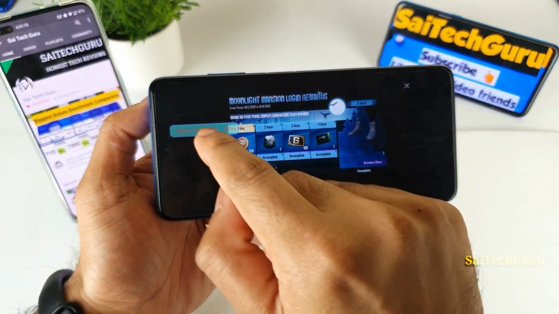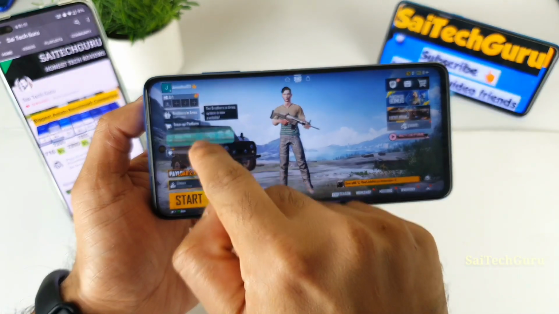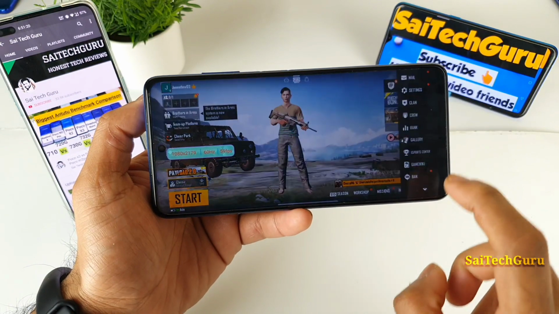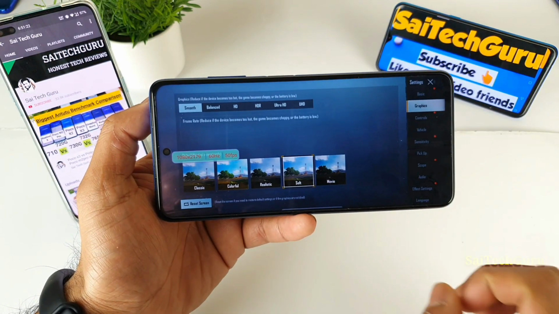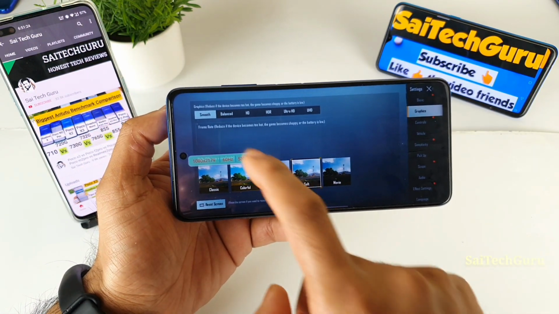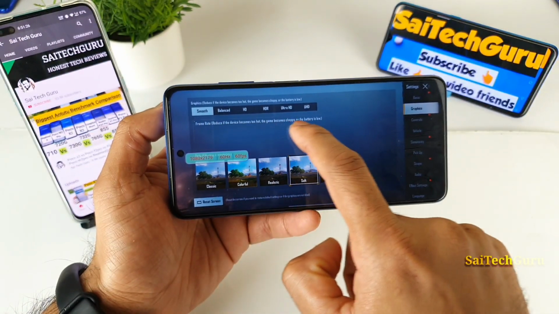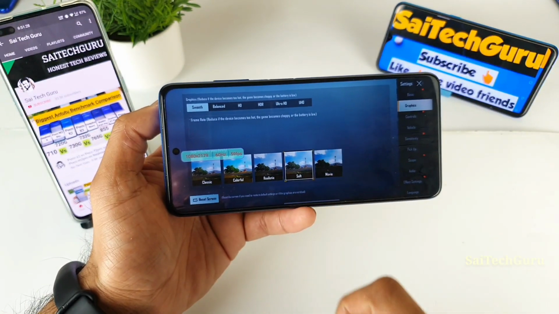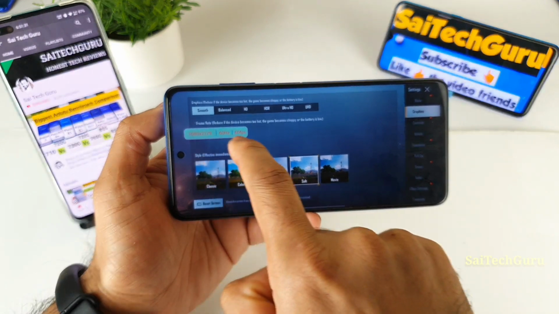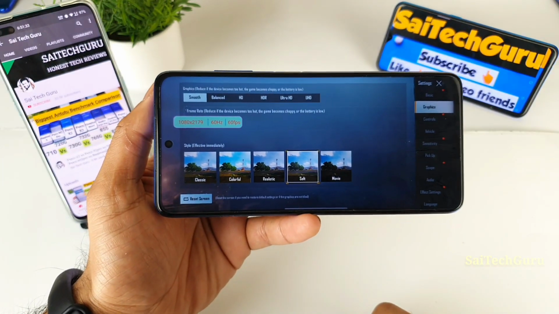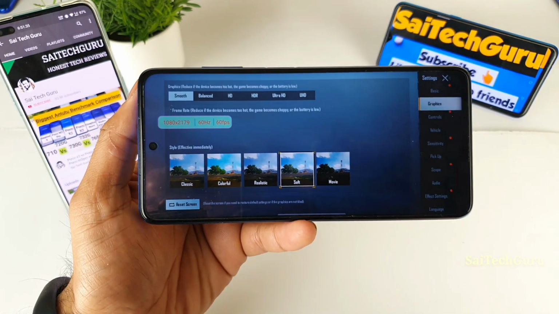That's why it's better to rely only on the default FPS count meter, which is very accurate. So let me try to show you the settings. Whenever you select 90 FPS using these applications, all the frame rates and everything will be disabled here, as you can clearly see. But right now, even after using this 90 FPS, I'm getting only 60 FPS. You can see clearly the difference.